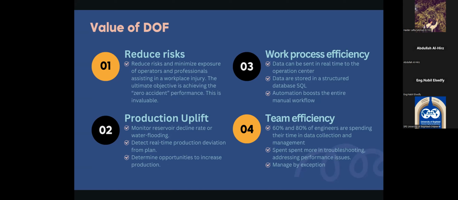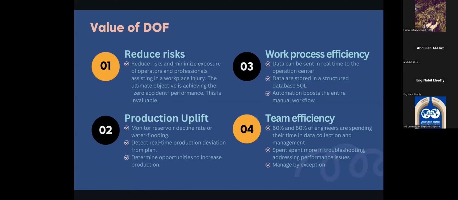The second one is the production uplift. Monitor reservoir decline rate or water flooding for sure. If you have a water injection or water flooding system, you need to monitor that one to increase the production uplift. Detect real-time production deviation from plan for sure. As I said before, sometimes you have scale deposition or asphaltene deposition on your well, which we call flow assurance. So real-time production can tell you,